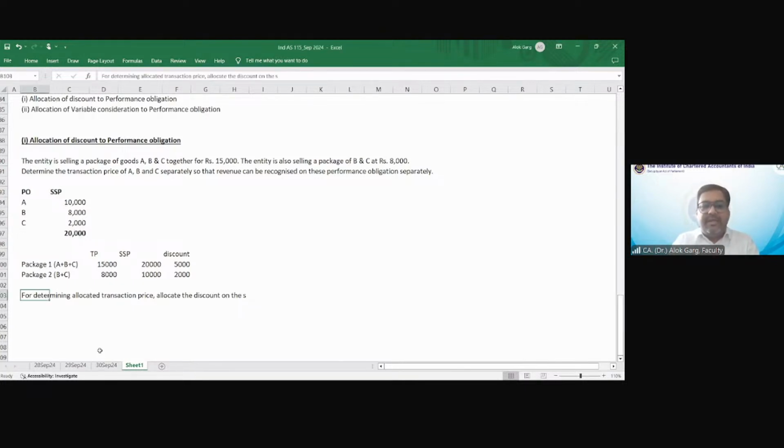So the discount needs to be allocated first in the smallest bucket, then to the entire contract, okay. Hence in this case,